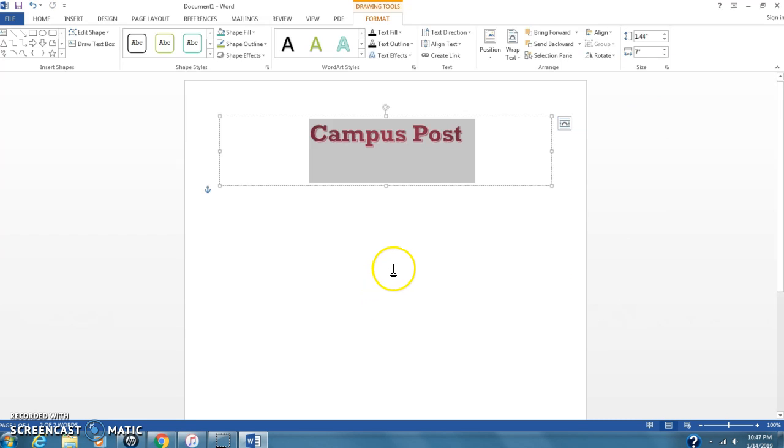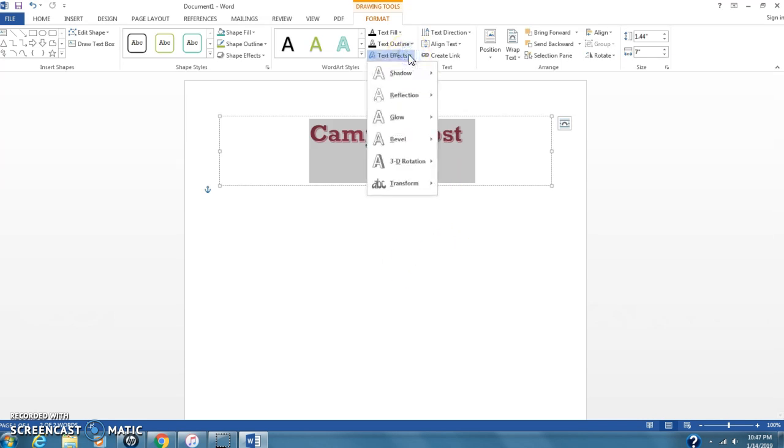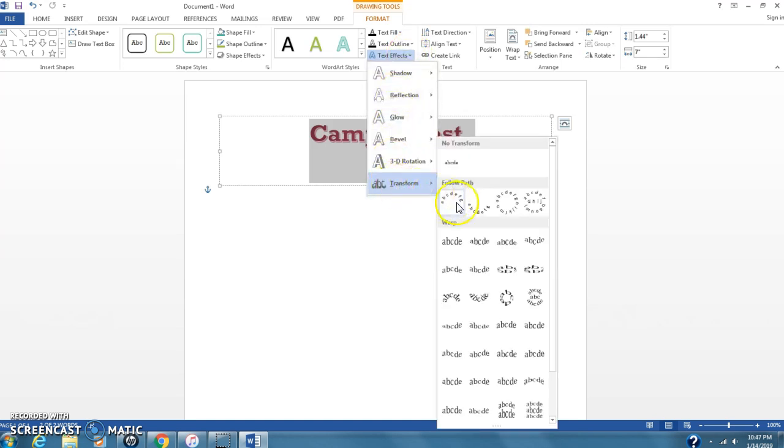So now, the only thing left for us to do, that's everything in part 1. You can save it right here and turn it in. But let's just go ahead and finish the text effects. So we're going to click on text effects and go down to where it says transform. And we're looking for the one that says,